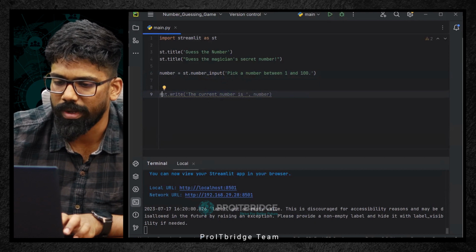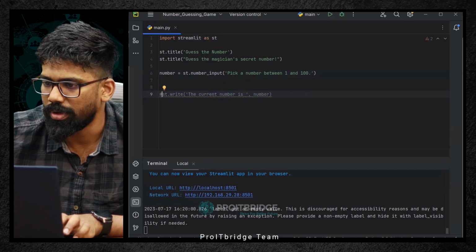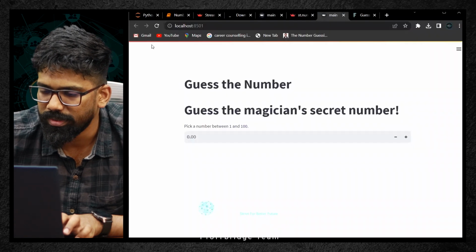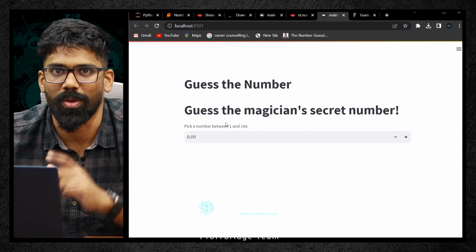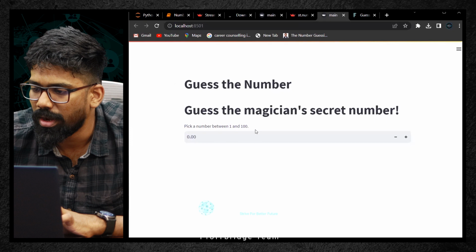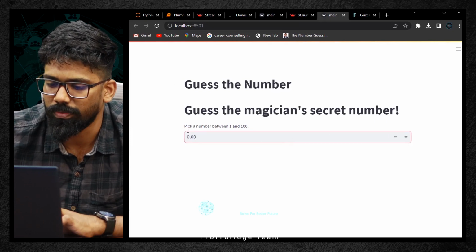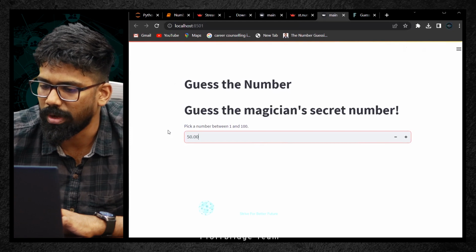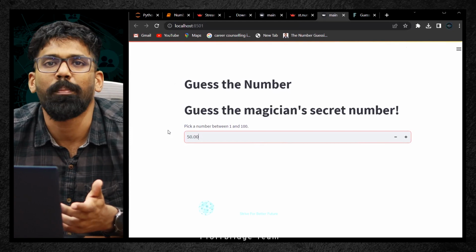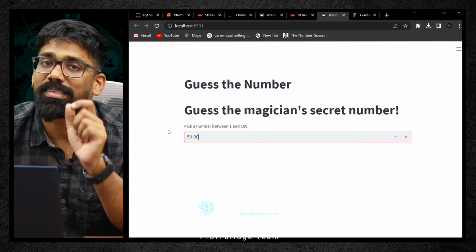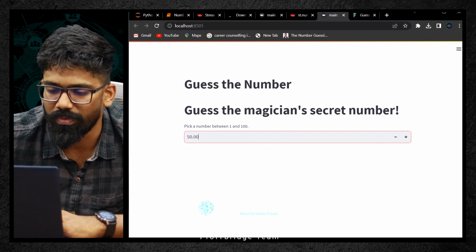Now I'm just going back to the browser and see. Okay, see this? It is always just rerunning. Whatever you're writing here, the communication is there. Now you can give any number, let's say 50 or whatever. But after entering, something needs to happen. Whether the entered number is the secret number or not, right? That's what we have to find out.